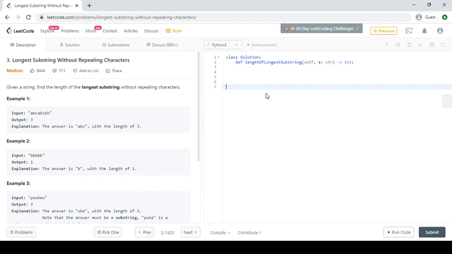For the first iteration A will be inserted, then B, then C. Now A comes again, and our current max till now is 3. So instead of moving forward, we first remove the earlier A. Now we check 3 is greater than 2, so max stays 3. If we append A again, we check the length and compare which is greater, and put it into max.